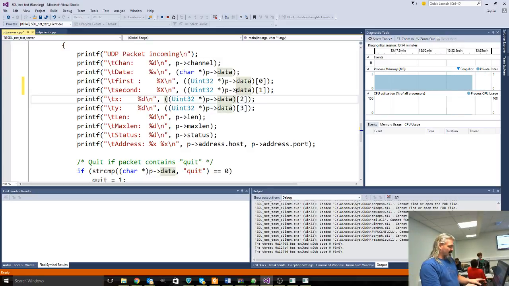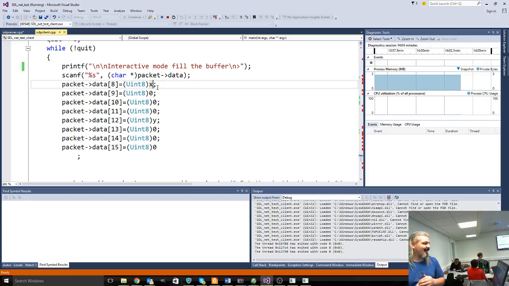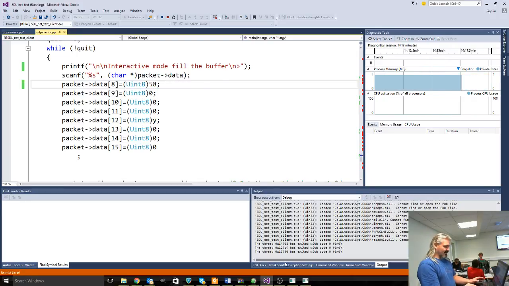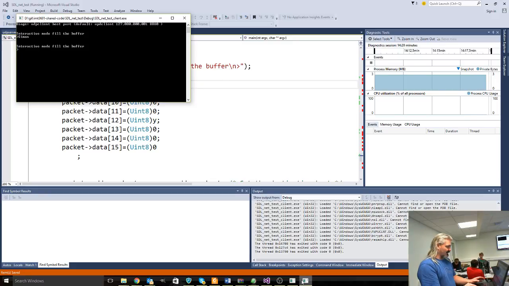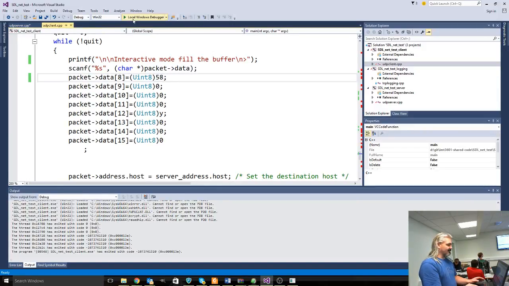So if you have a look at my client code, where you see me here setting that to being a number, what number would we like to send here? Pick a number. I'll delete this and change it to a number. 58. Let's put 58 there, and I'll save that. I'll kill the client, and then if I build that,